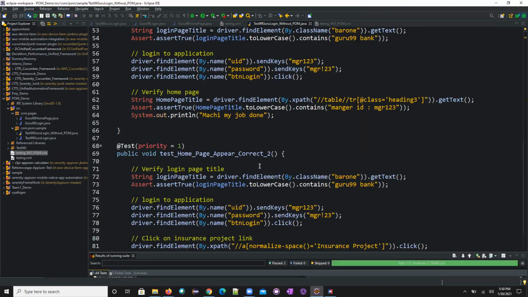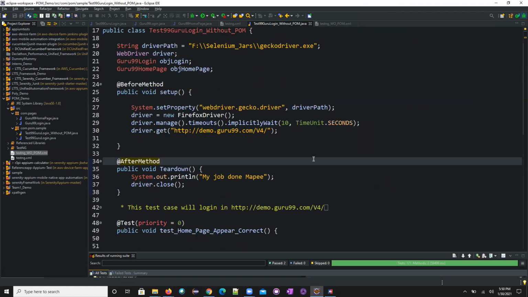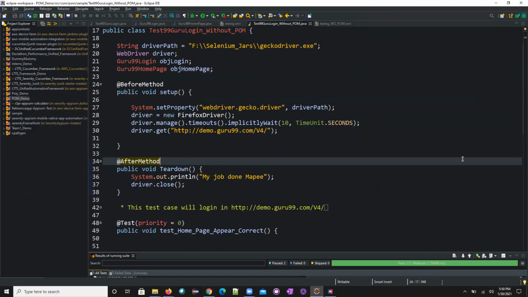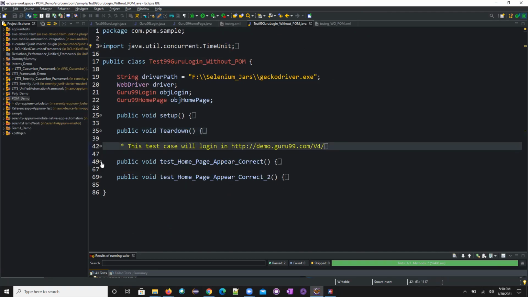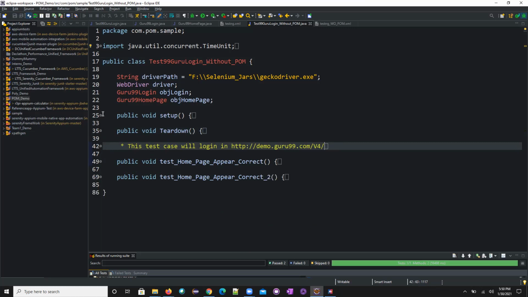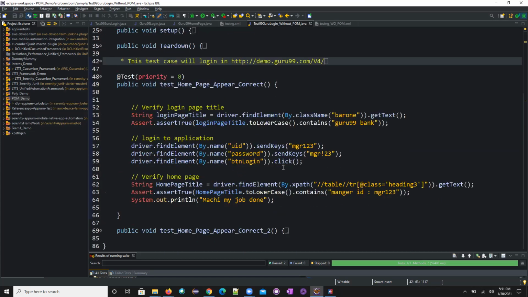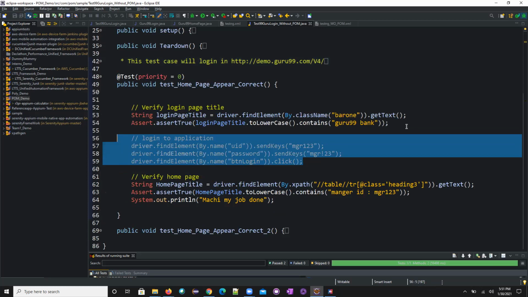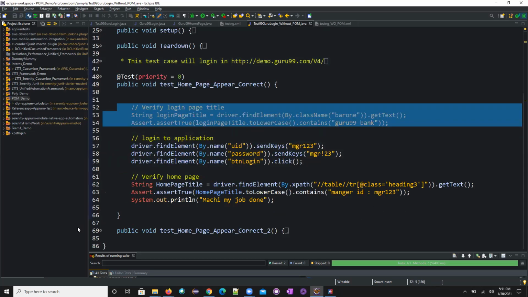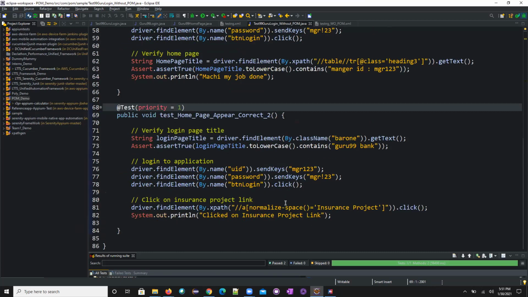Hope everyone is able to see, right? If you see here, these are the two tests. In the two tests, previously the redundant code was there. So what I did was keep that redundant code in the before method and after method. Because of this, 10 lines of code are changed. Even after this, we do have this login and this verifying the title. This is also redundant code, right? So how do I need to maintain that? If I have 3,000 to 4,000 test cases, how many lines?